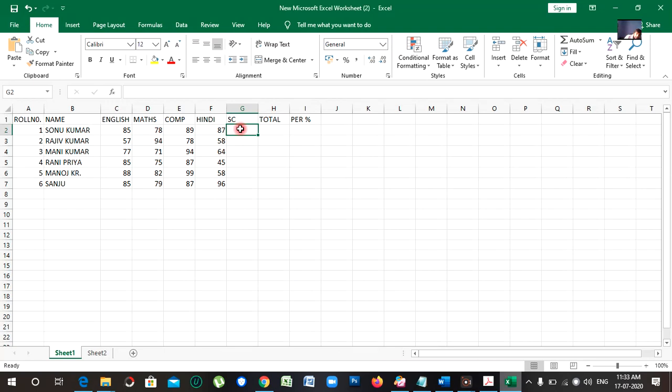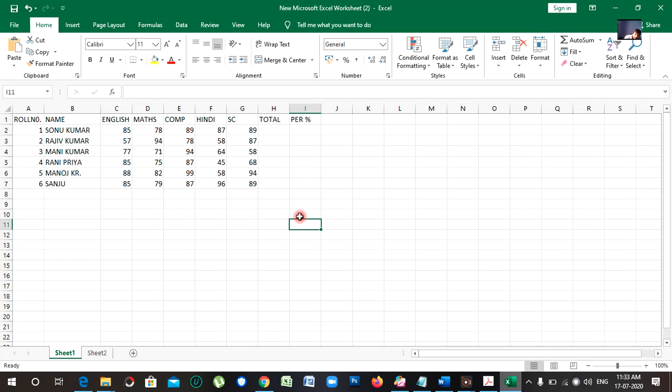I know that science students have got many good marks, but I think so. Now see here, now we are going to make the calculation of the auto sum. How can we use the auto sum?